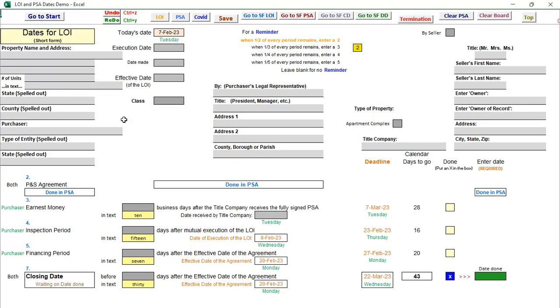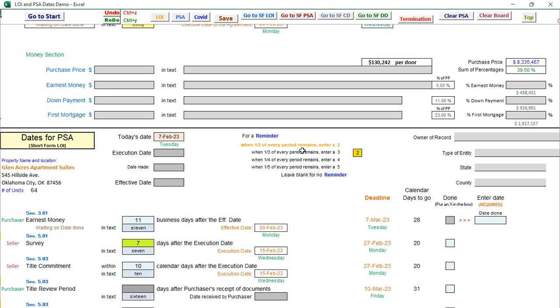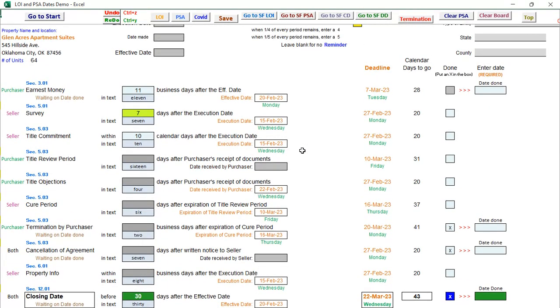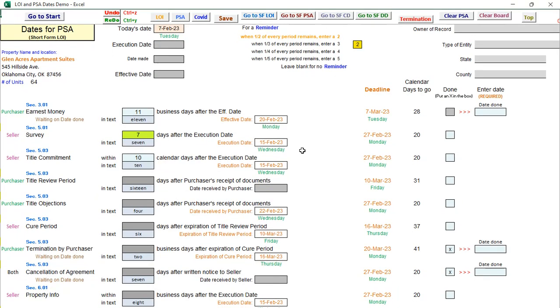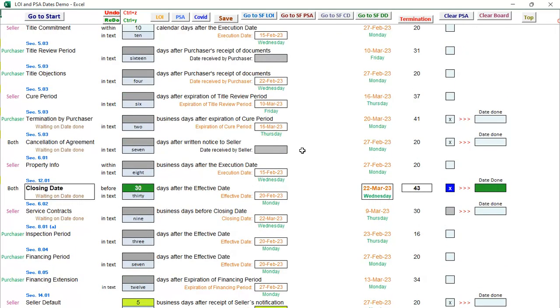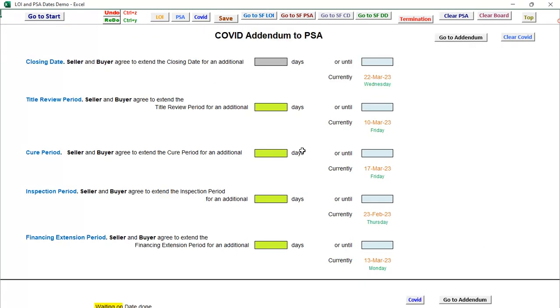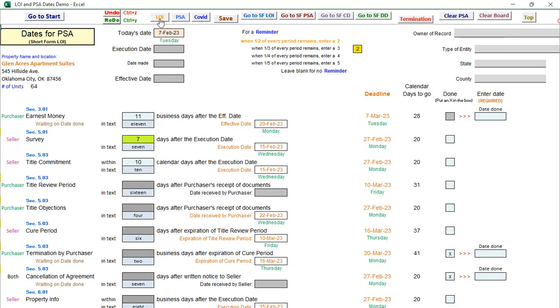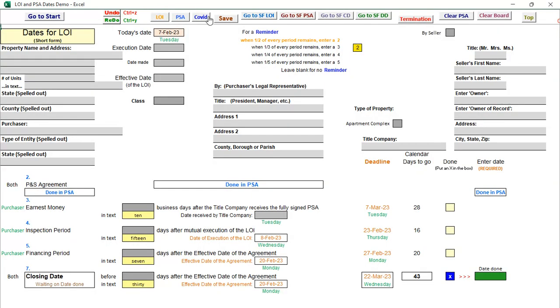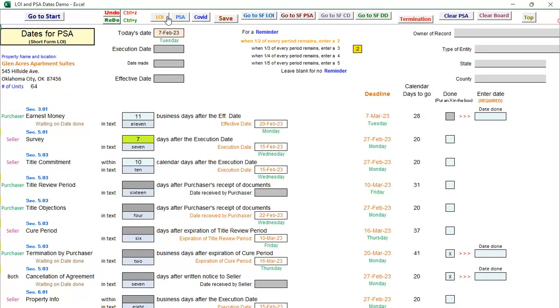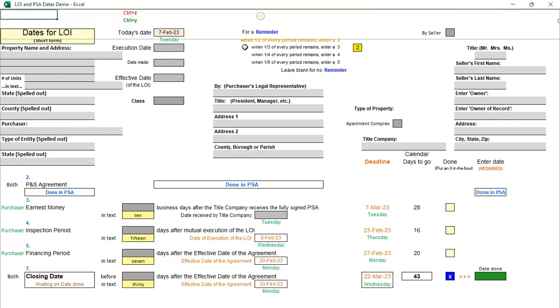This is the data input sheet. It has the dates for the LOI, which of course are grayed out after the other two are filled out. Right below it is the PSA, the purchase and sale agreement, and right below it is the COVID-19 addendum. That is what makes up the data entry page, the three documents. Then we have the LOI,